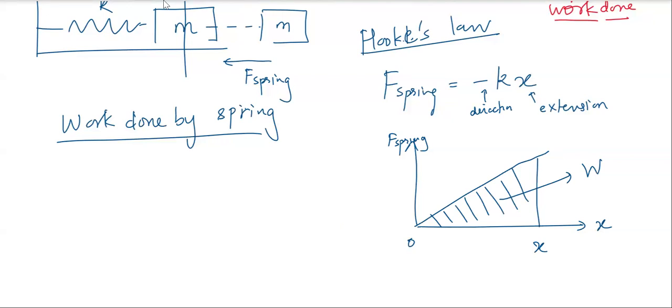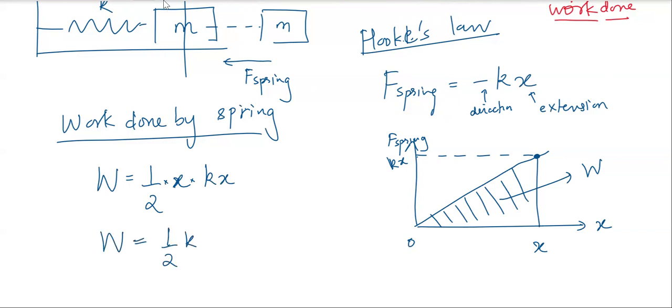What will be the area? If this is x, then this point will represent kx. The area is half into length x and height kx. So work done by the spring is half kx square, and this is something that we call elastic